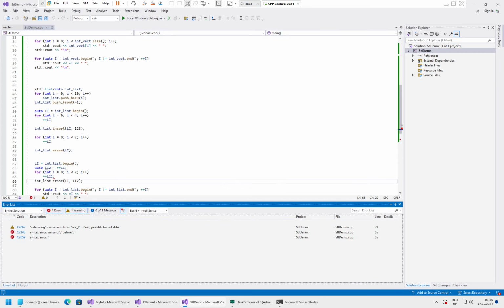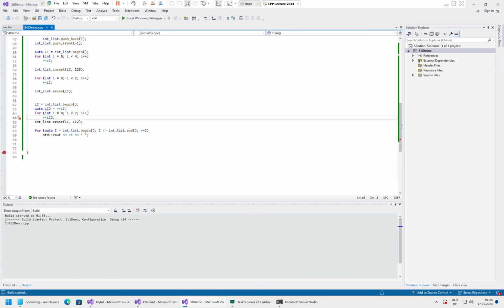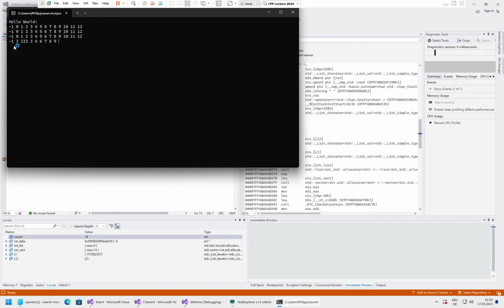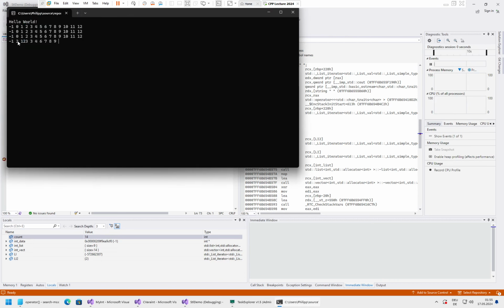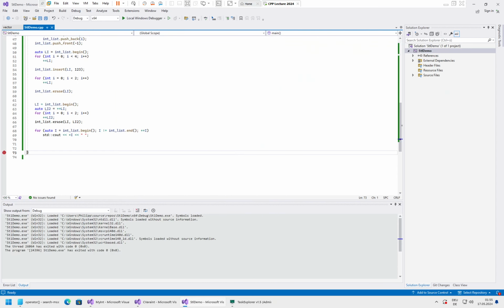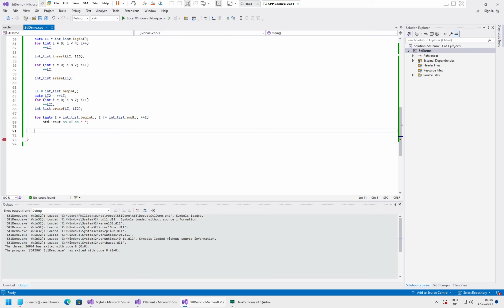We have a minor typo, and as said, we have removed 0 and 1, 2 stays, 1, 2, 3 we have inserted, and the rest remains unchanged. So this is the list, and the last major commonly used type will be the map, and well,